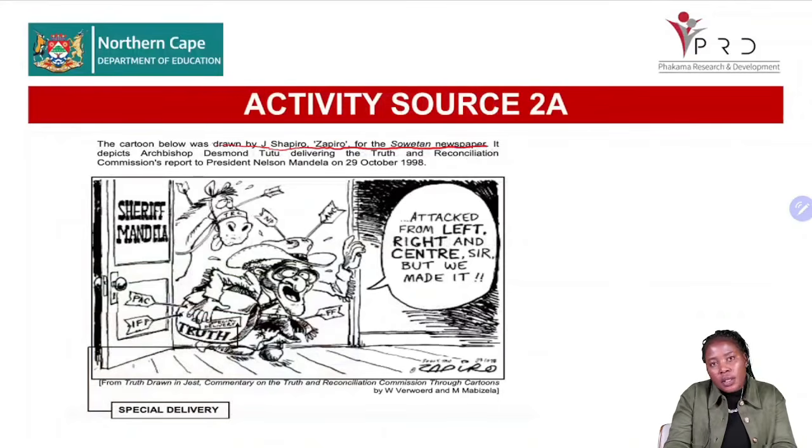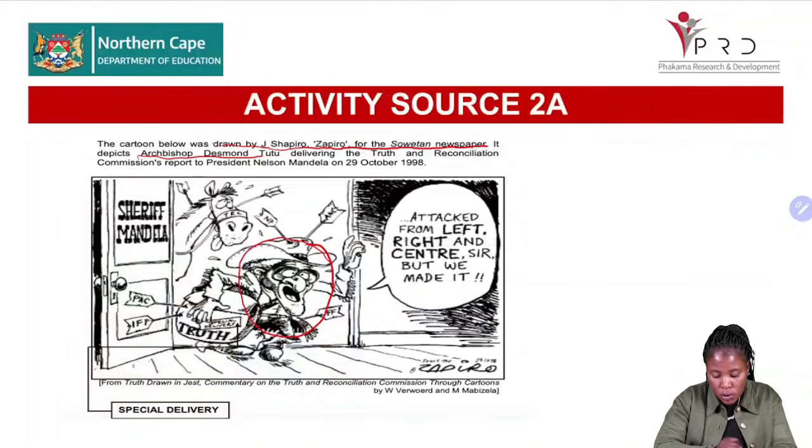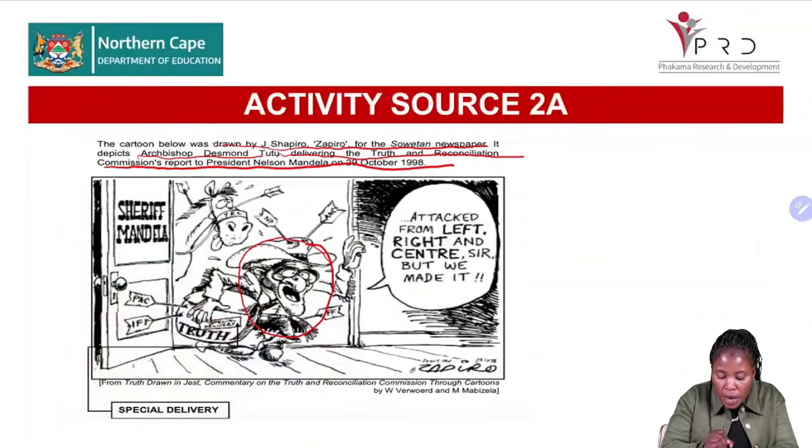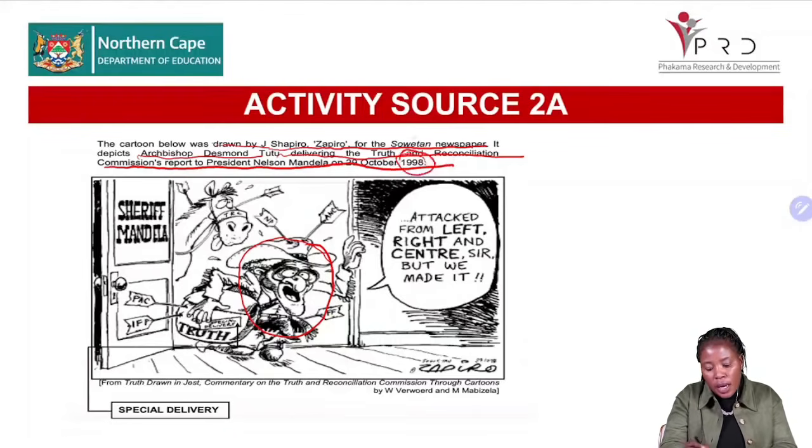What does it depict or show? It depicts Archbishop Desmond Tutu. Here is Archbishop Desmond Tutu delivering the Truth and Reconciliation Commission report to President Nelson Mandela on 29 October 1998. Remember, I said to you that the TRC report was submitted or presented to Nelson Mandela in